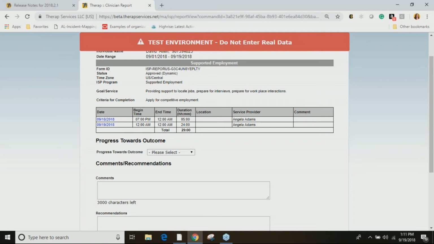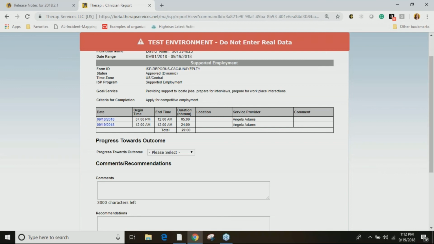Anything else on the ISP data? Enter the ISP program, still click the option to overlap. So you can still stop overlappage if you do not want to overlap for a certain ISP program that you're billing for, and you don't want any overlappage. You still can restrict that. I'm just saying that when you end at midnight, you still can start at midnight the next day. It's not going to take that as an overlap because it's two different days.